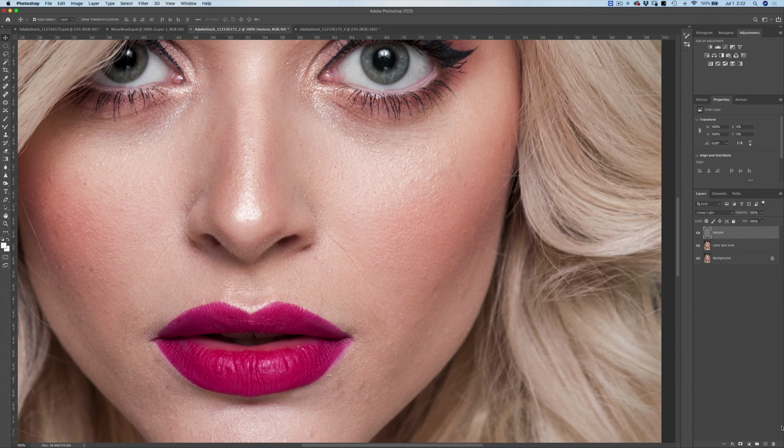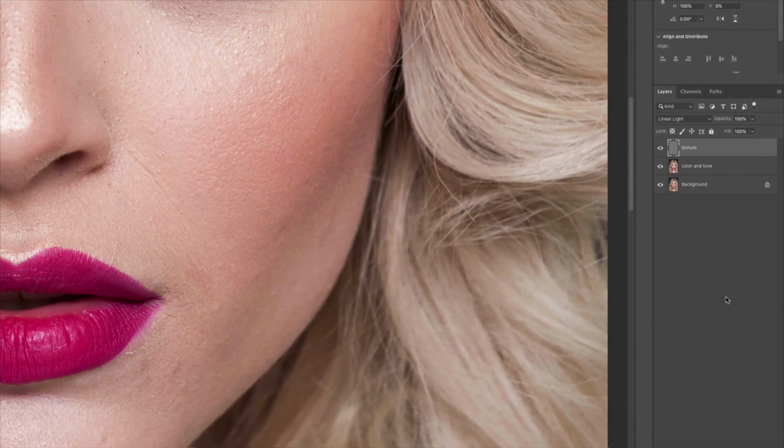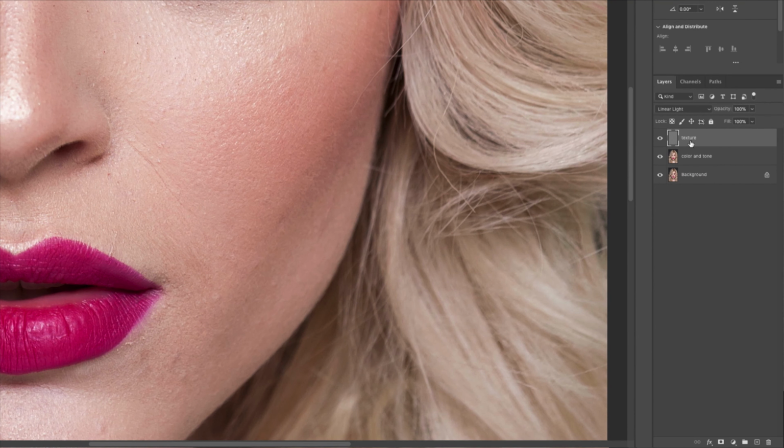What I want to do next is make a couple more layers here. I want to select both my color and tone and my texture layer, and I want to put them both in their own group. So with both of the layers selected, I'll come down to the Add Layer Group icon, and I'm going to group them together. Let's name this group Frequency Separation.